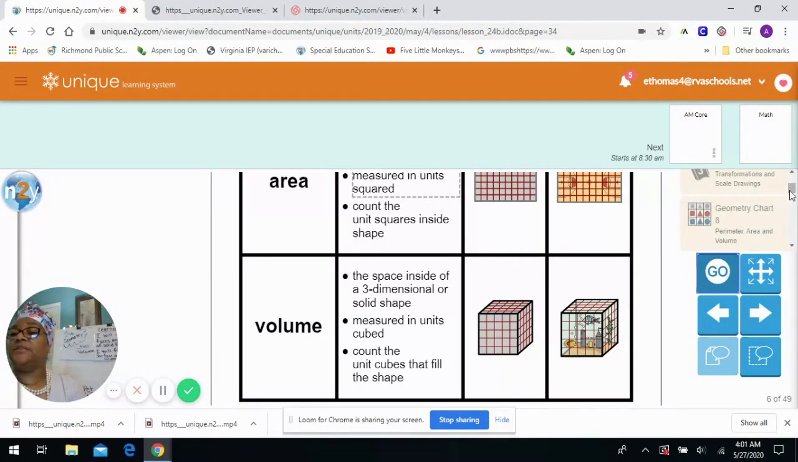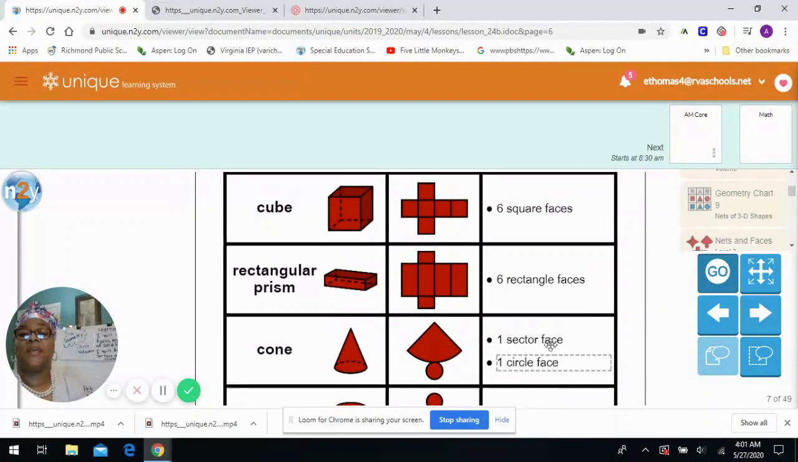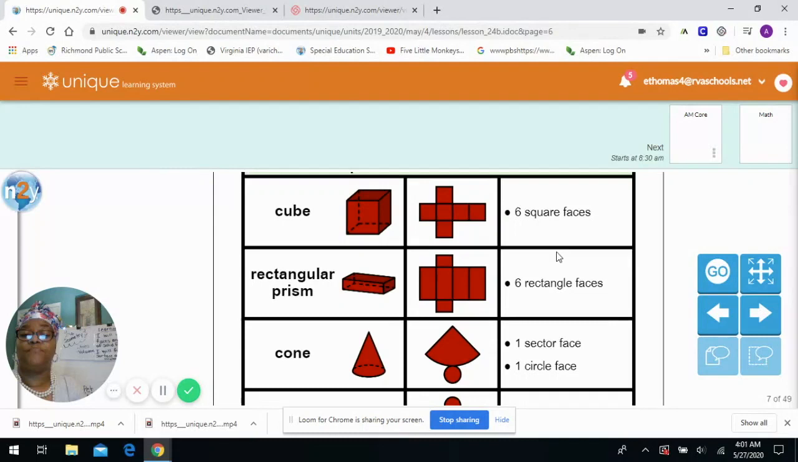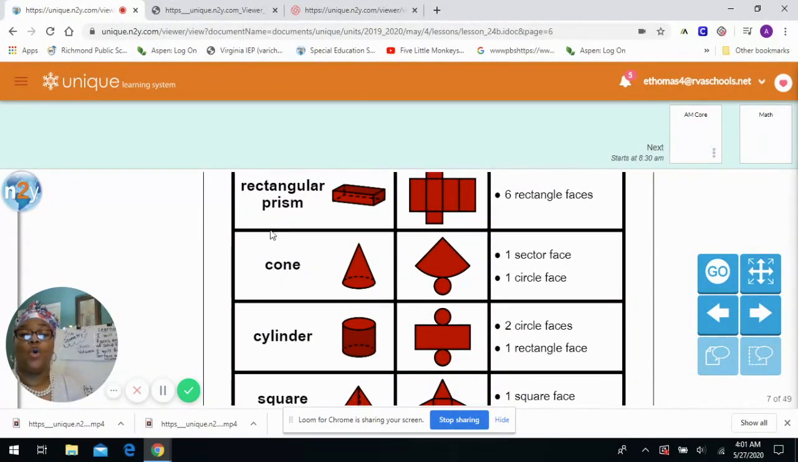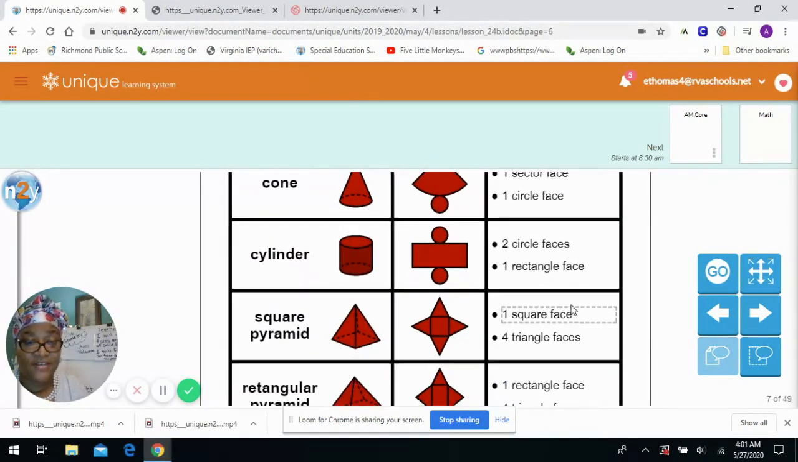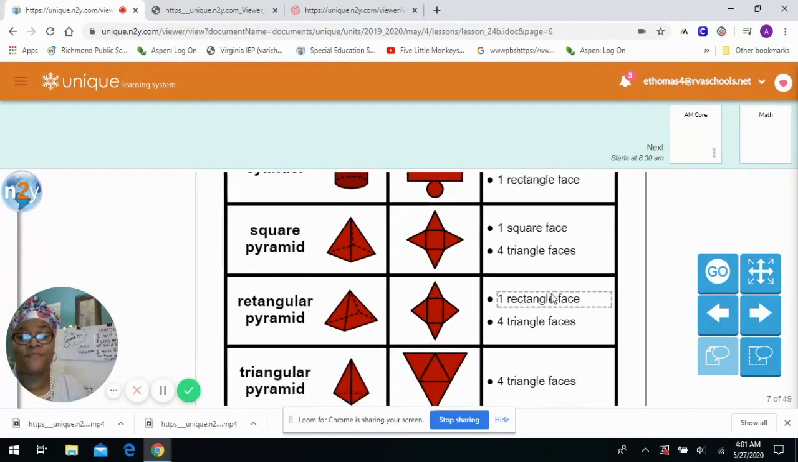All righty. And then let's go to number 9. We have just done these, and we'll talk about these again. So we have a cube, 6 square faces; a rectangular prism, 6 rectangular faces; a cone, 1 sector face, 1 circle face; a cylinder, 2 circle faces and 1 rectangle face; a square pyramid, 1 square face, 4 triangle faces;